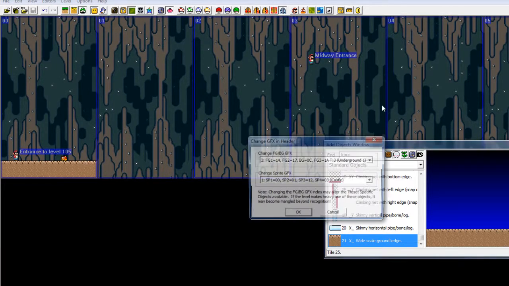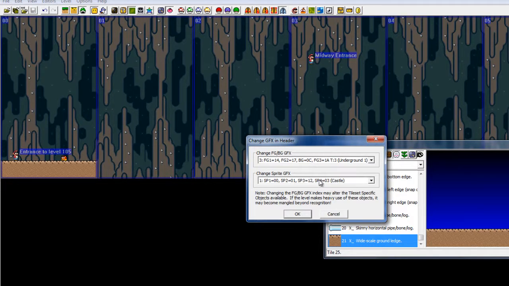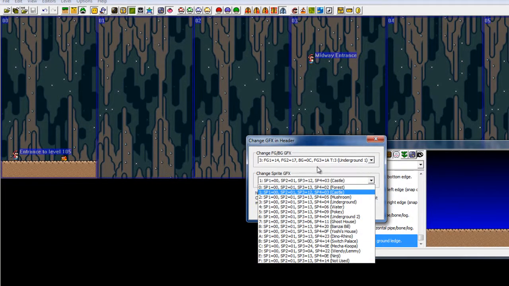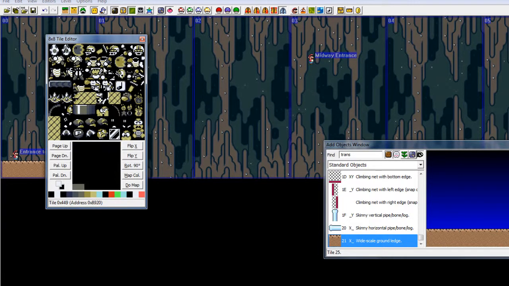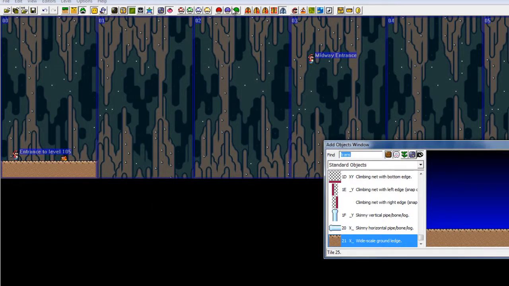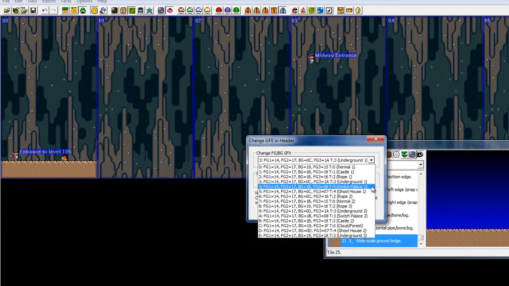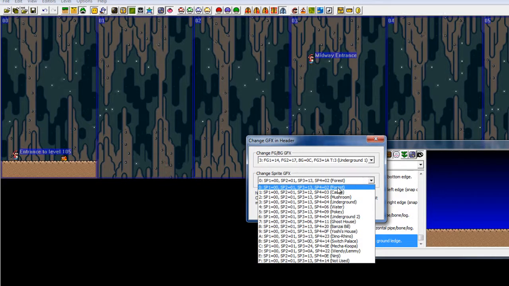Here's a solution for how to do that. So, you look at castle over here, and you notice that the chucks are in graphics 13. So you're gonna have to look at a bunch of things to look for the chucks. And as you can see in the forest, you get the chucks, but not the thwomps, which is bad. So what if you want thwomps and chucks? Well, basically,